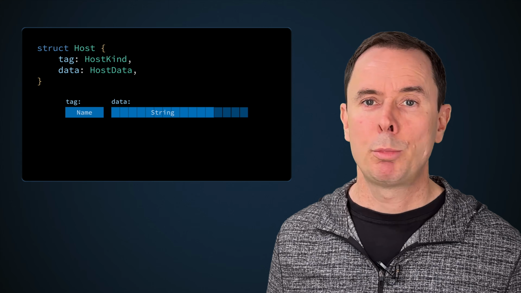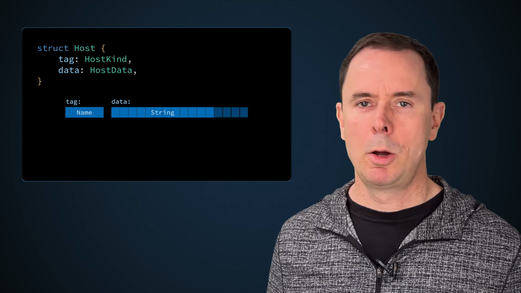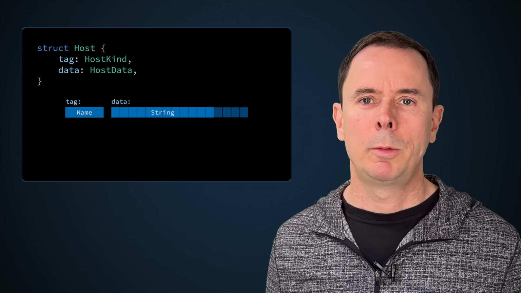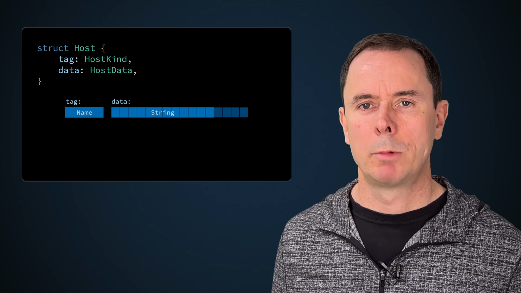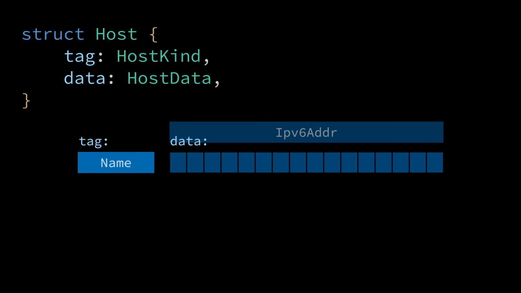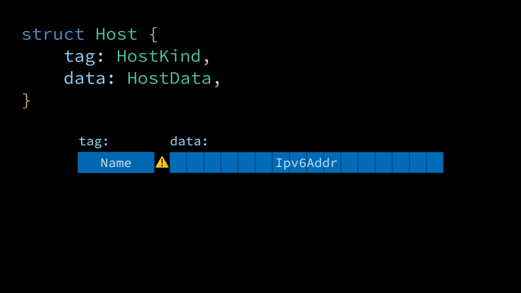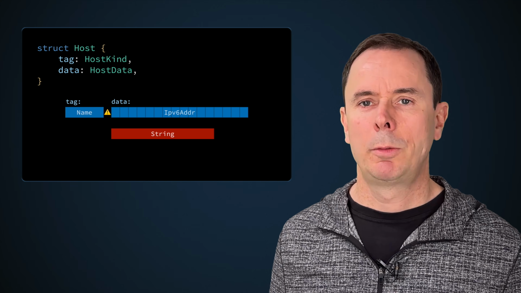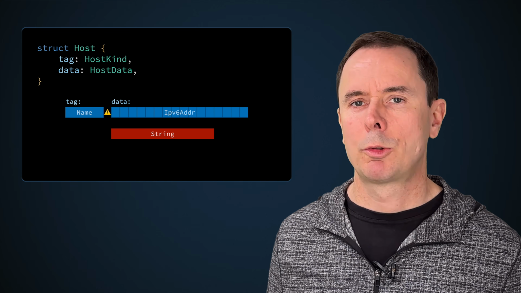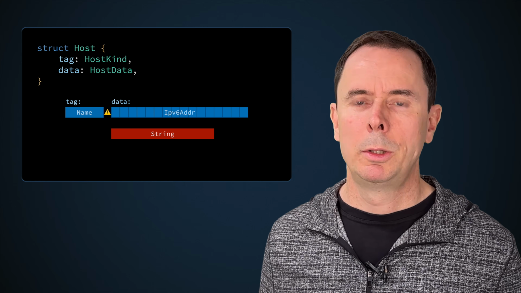The only problem is this is extremely not type safe. You have to be very careful that the type you read out of a union is the most recent type that was written into it. For example, if you put in an IPv6 address and then read it out as a string, then you have a string object that thinks it's pointing to a heap allocation, but it could be pointing literally anywhere. It's just whatever bytes came from the IP address. This is definitely undefined behavior, and if an attacker controls the IP address, they can probably use this to hijack